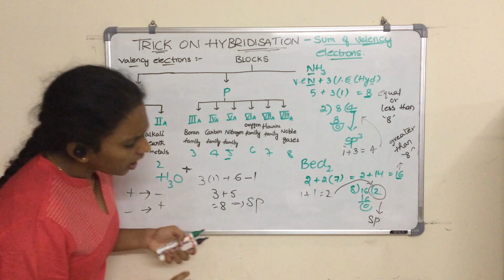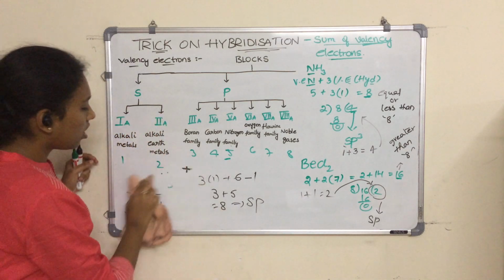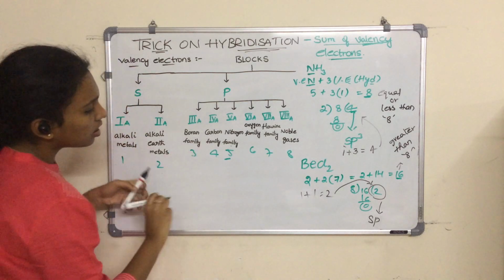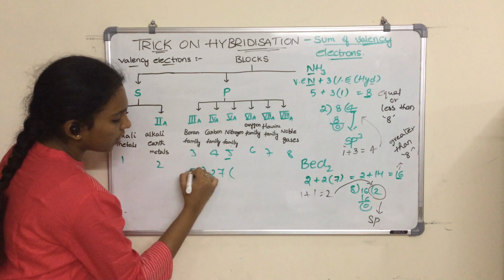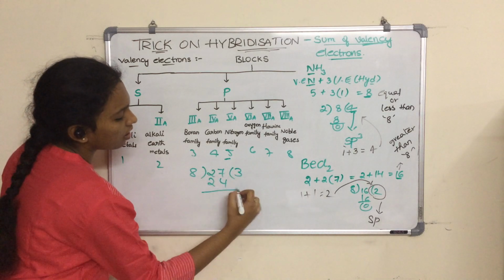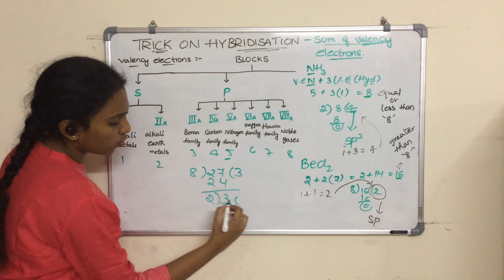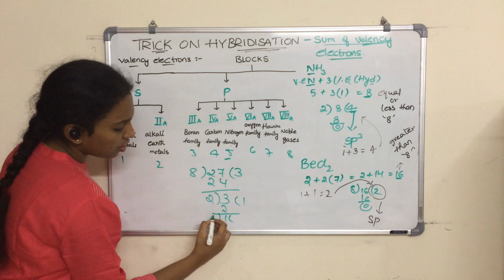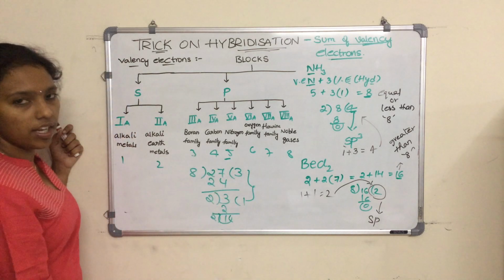If by doing the sum in this process you get a sum like 27, then you just divide by 8. 3 eights are 24, remainder 3. Again just divide it by 2. 2 ones are 2, remainder 1, and again you would divide by 2. You can't do that, right? So you just add these 3 and 1.